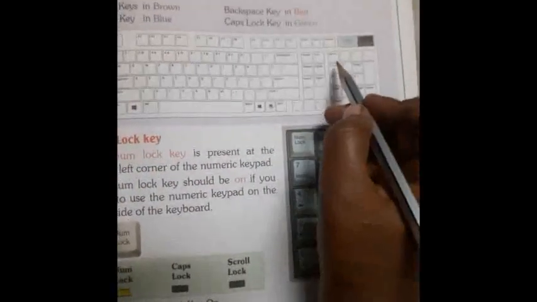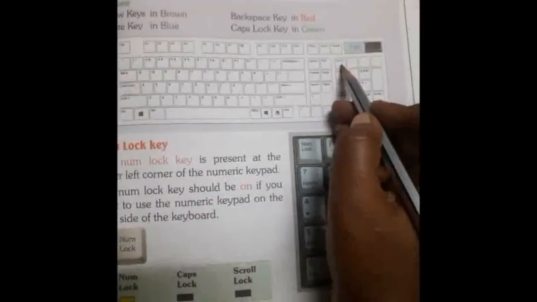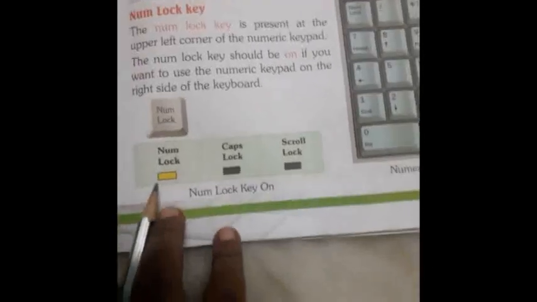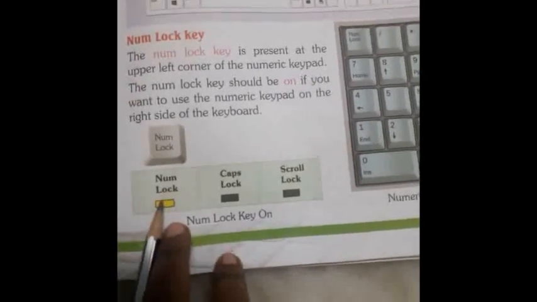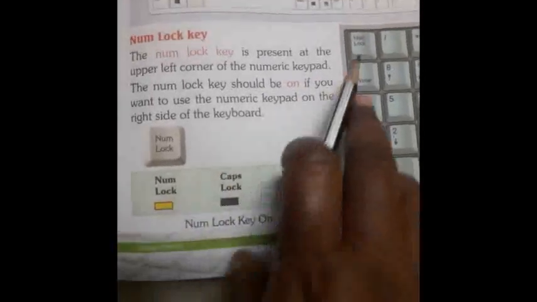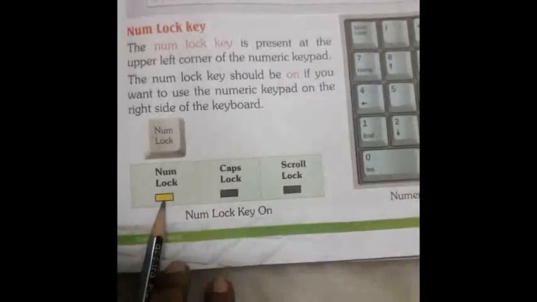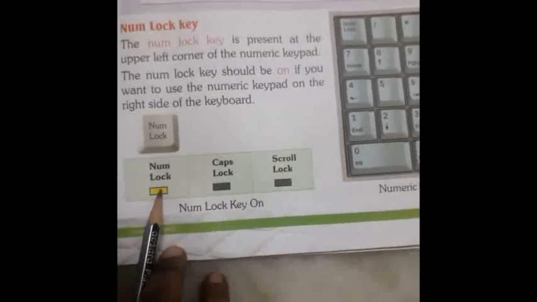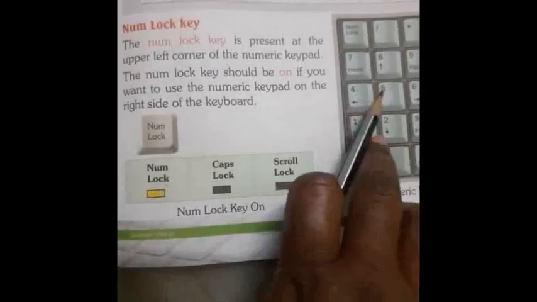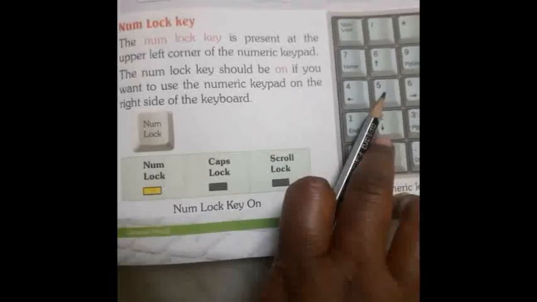If you press this nums lock button, the nums lock light on the right side upper corner, among the 3 lights, will glow, children. Then only you can use this number keypad and type numbers.